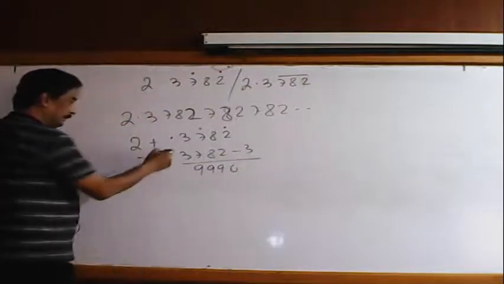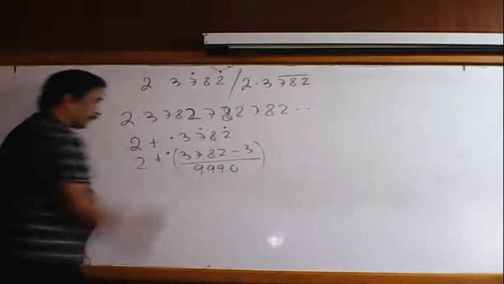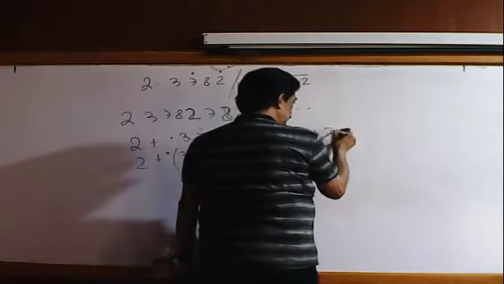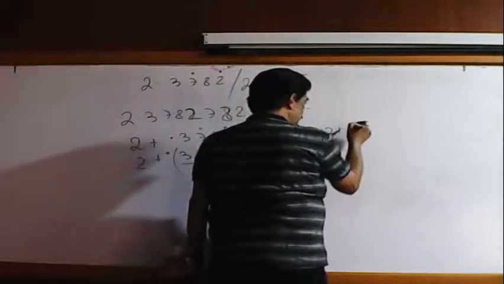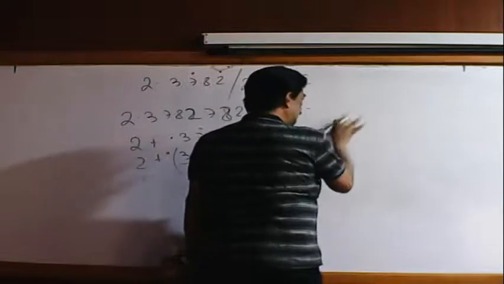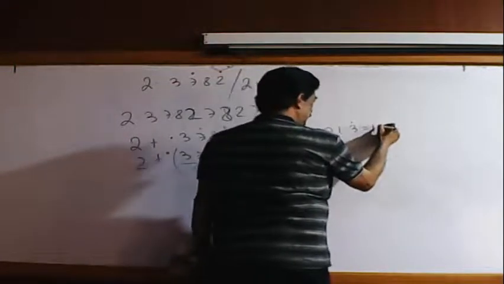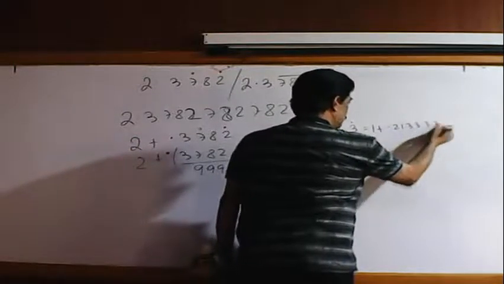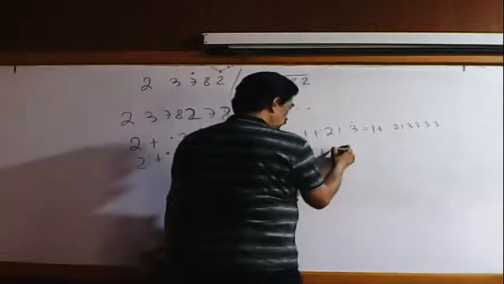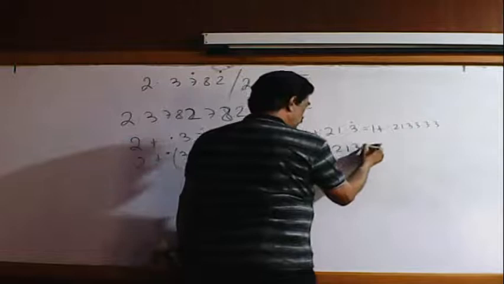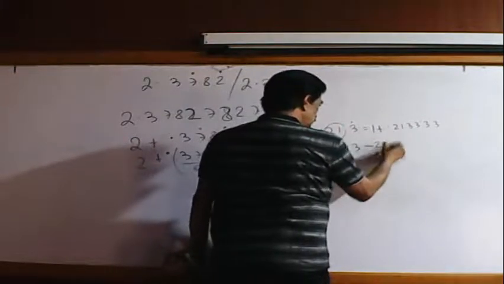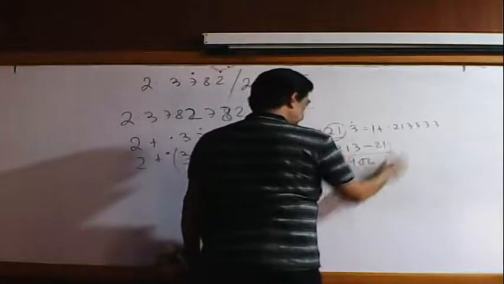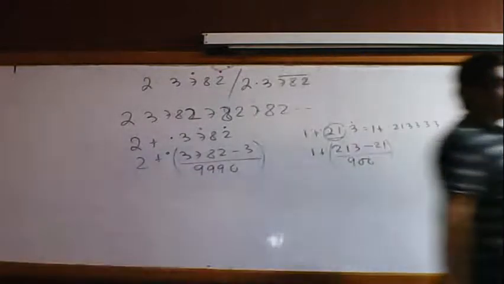So 2 plus, you have to calculate. This is always your fractional part, the decimal part. They can give 1 plus 2.213 recurring, or only one digit recurring, say. So your result is 1 plus 0.213333 and so on. If I omit the recurring sign, 1 plus 213 minus the non-recurring digits 21, divided by the recurring digit 9 and the non-recurring part, 2 zeros. Now you have to calculate, this is your decimal part. Complete.